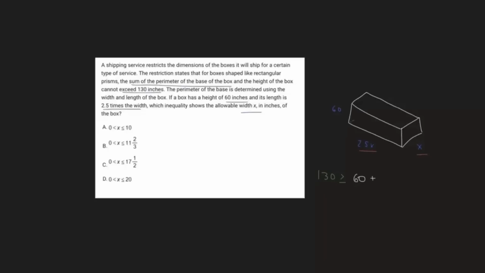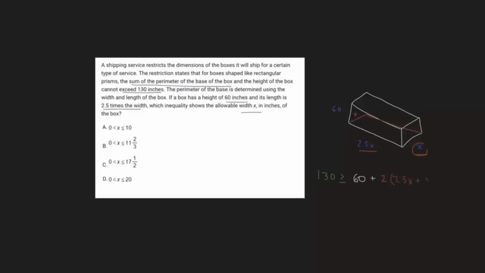However, there's that other side. I'm trying to make the drawing. So this is a three-dimensional object. So you have two widths in reality, right? So you have a width on this side right here, and you have a width on the other side. And the same thing with the length, right? So you have 2.5x on one side and 2.5x on the other side. And therefore, when we write our inequality to find the perimeter of that base, we can just double the addition of both the length and the width. And so we can write this as 2 times 2.5x